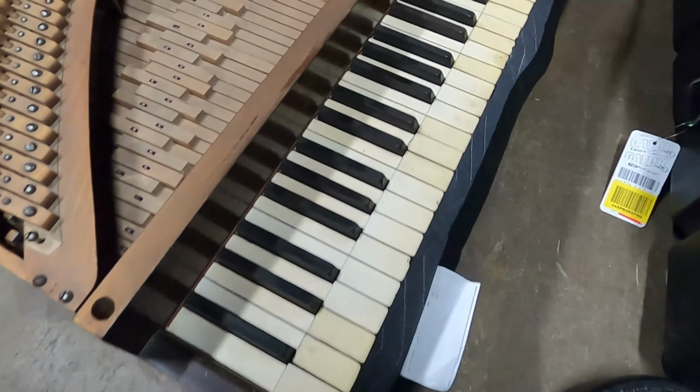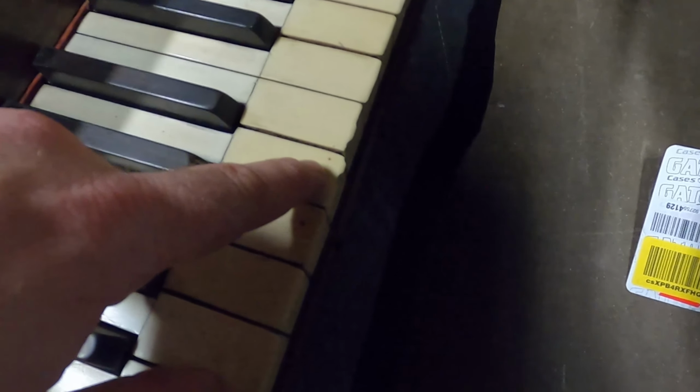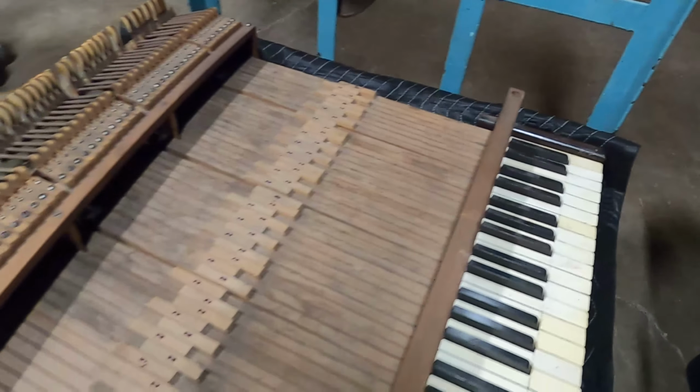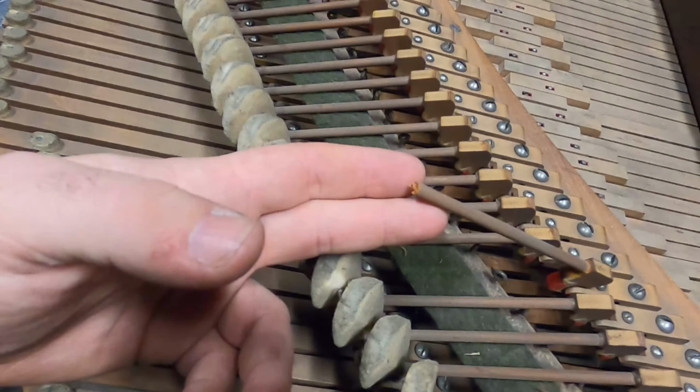So here's all the keys. The ivory's all in pretty good shape, except we have a couple of little chips here, discoloration, but I mean, what are you gonna do? It's 150 years old, so all the wood is in good shape. All of this felt is in remarkably good shape considering how old it is, and a large majority of the hammers are doing good too. It's just every once in a while we got a break here,